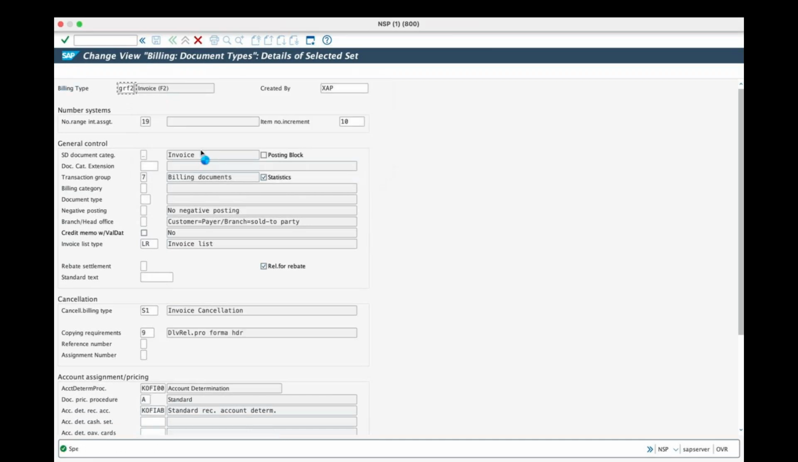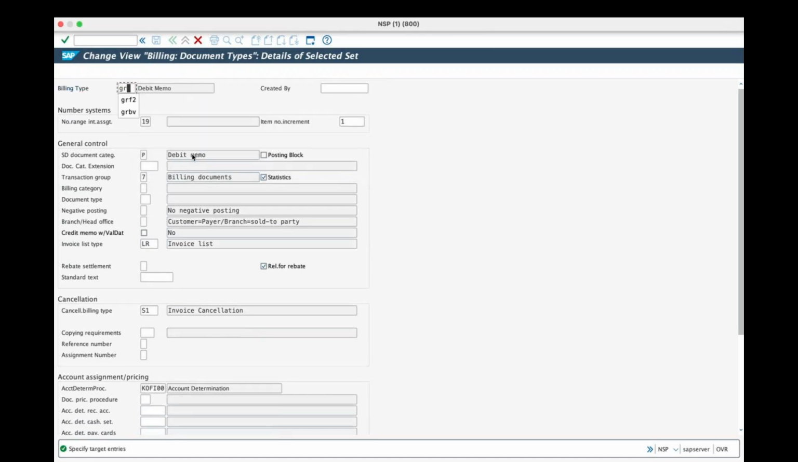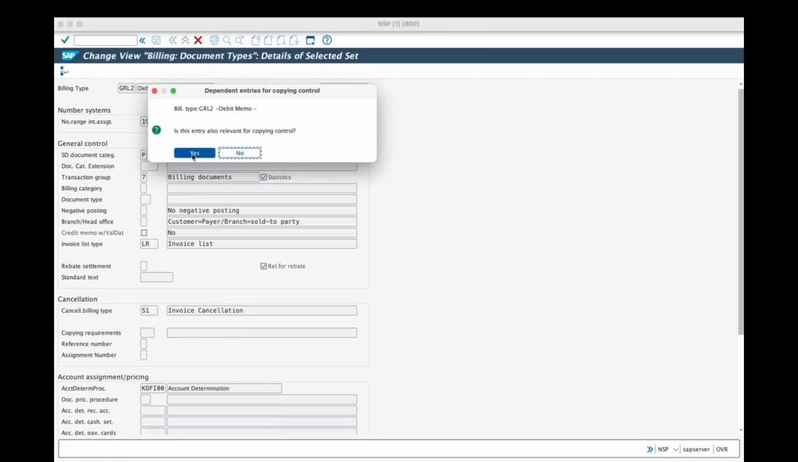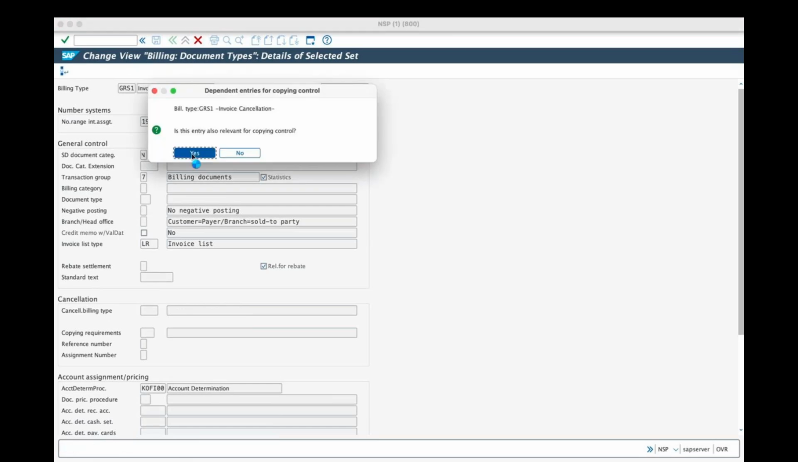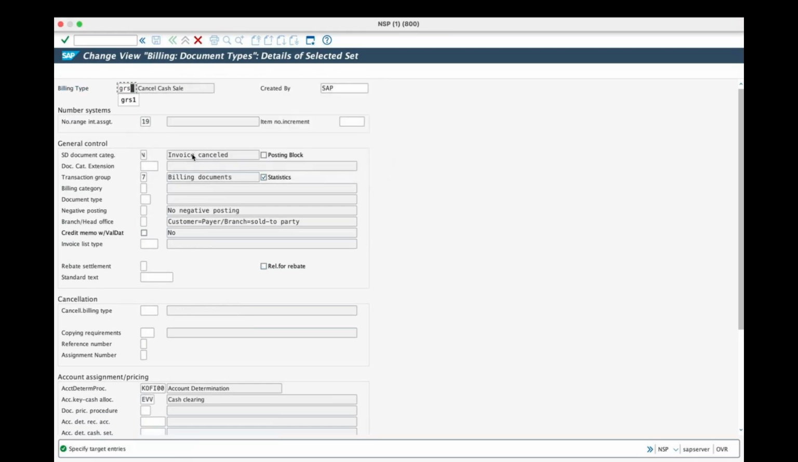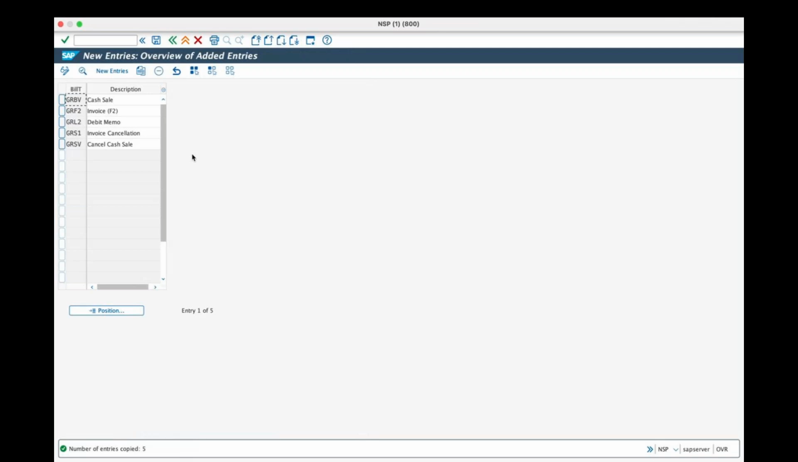GRF2. Say yes. GRL2. Say yes. GRS1. Say yes. GRSV. Say yes. So all the document types. Now here you can change the description, not in the creation screen. So here I say